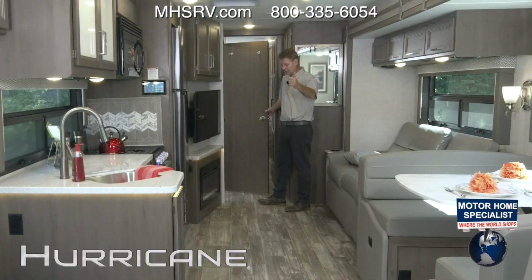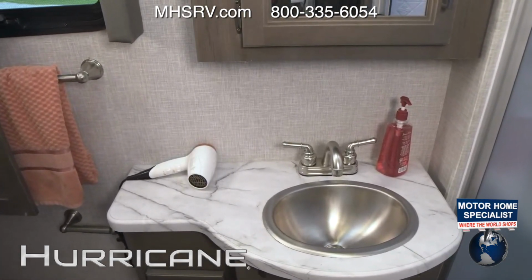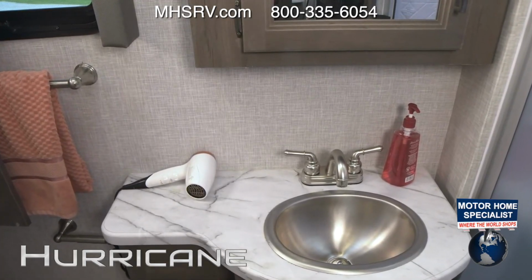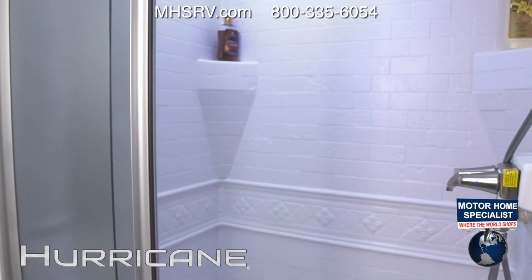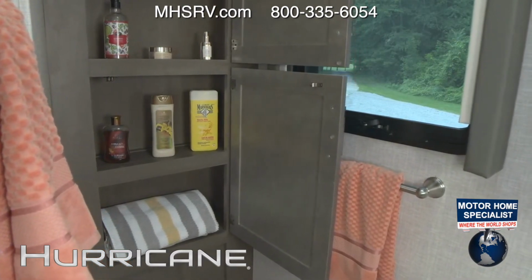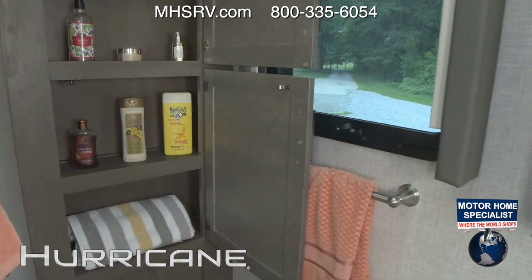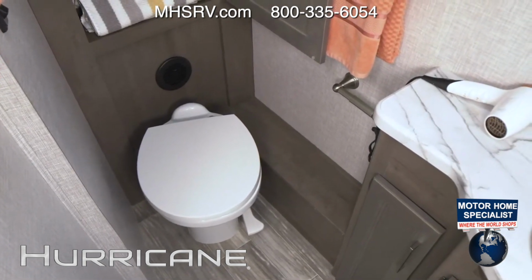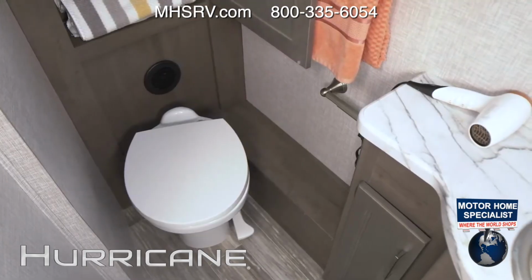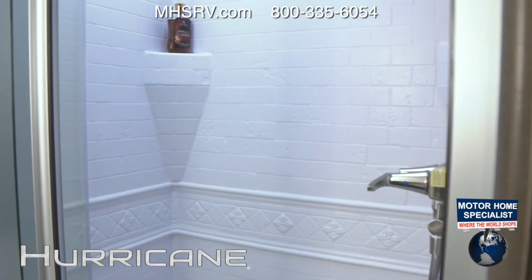a bathroom, as you know, if you've traveled, is very important. A large bathroom, a nice bathroom, a bathroom with a sliding glass door to the shower. Yes, medicine cabinet, sink, and in the back, whoa, look at this storage. Two very large, extra towels, linen closet, extra soap, foot flush porcelain toilet. You have a macerating system we're going to talk about on this, which is really neat. You have a vent fan in here, skylight over the shower, and in the shower, I want to talk about,